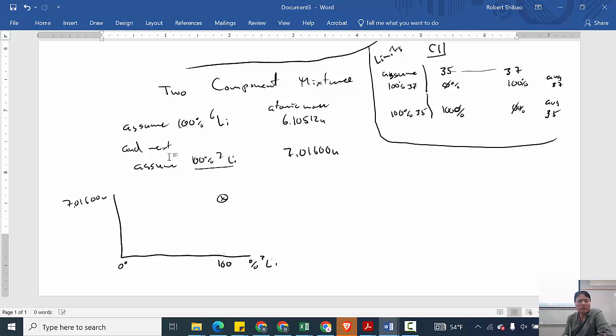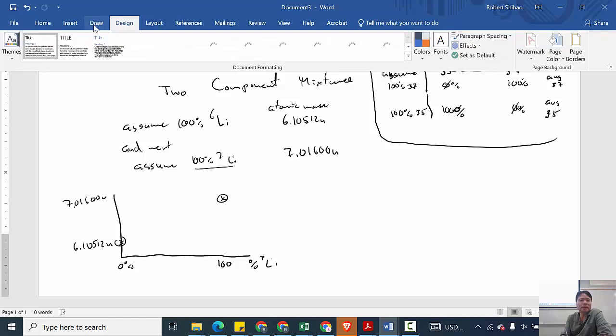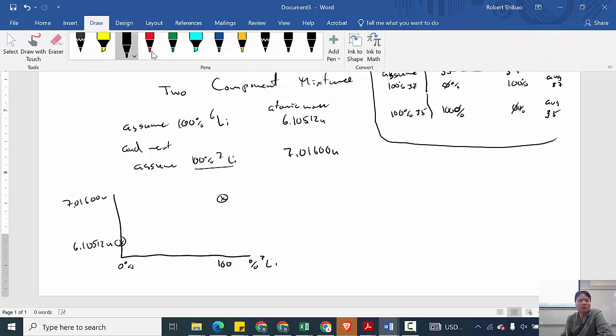And then if I'm at 0% lithium 7, then I must be at 100% lithium 6, which is going to give me a mass of 6.10512. And then I just draw a line and assume it's a linear